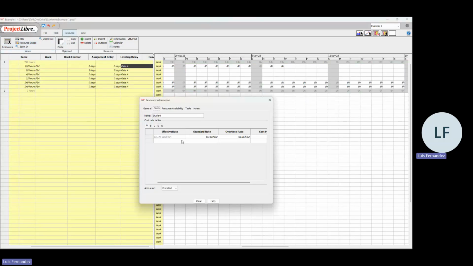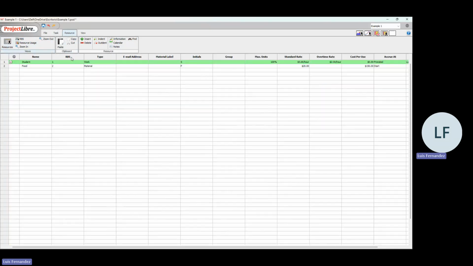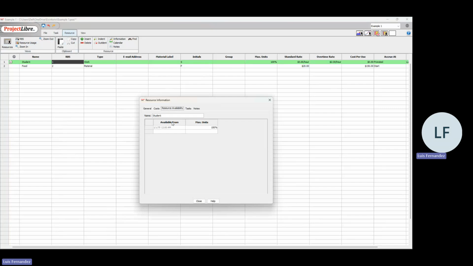So if we modify, you can use any of those options. And something important to mention is that you can also set the resource availability, the time, and the percentage of the time,